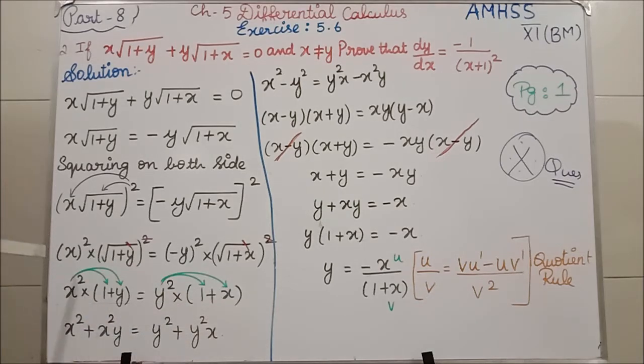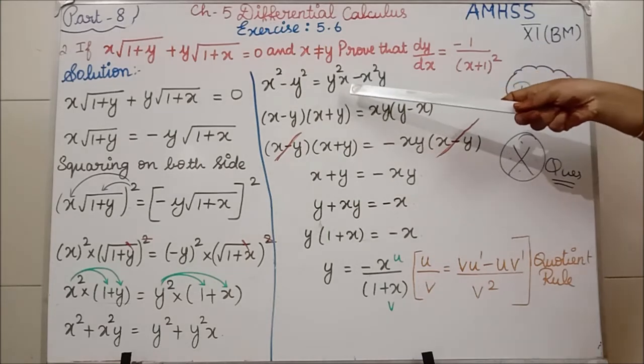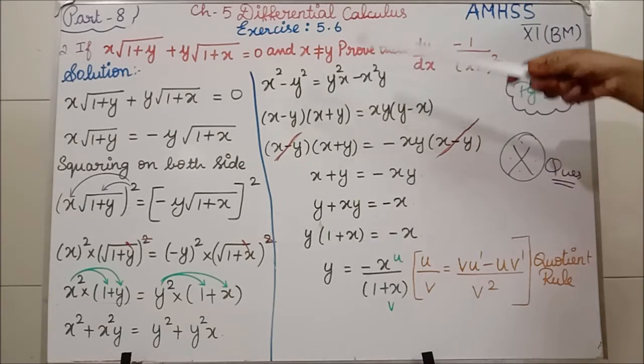The next step, we are multiplying this x square with each term. x square into 1, x square into y, is equal to, similarly, y square into 1, y square into x is y square x. Clear students, up to this all of you? The next step we are writing x square, this y square I am bringing to this side, minus y square. Then this x square y I am taking to the right hand side. Clear all of you what I am saying?